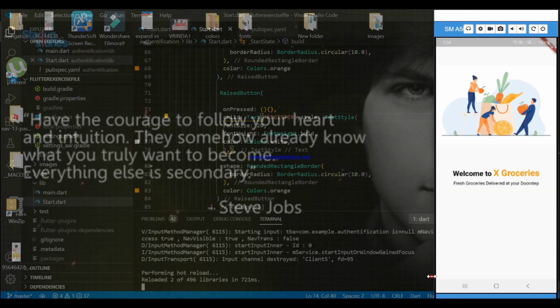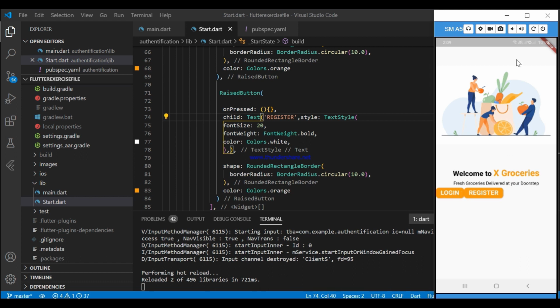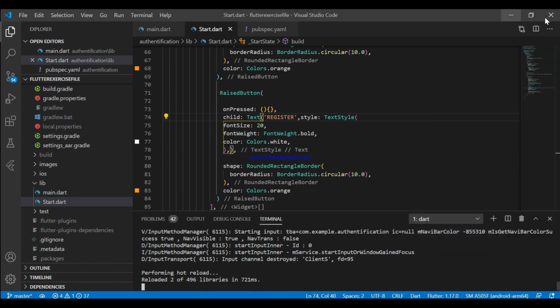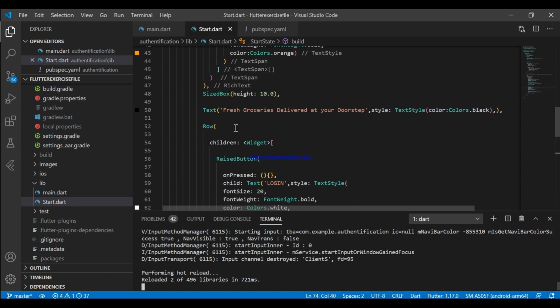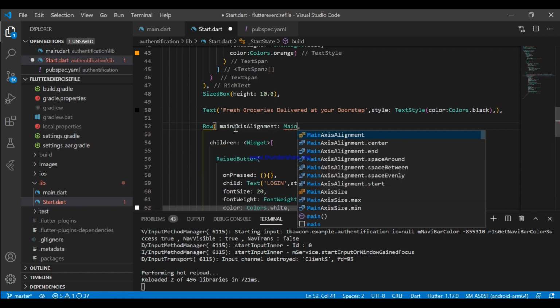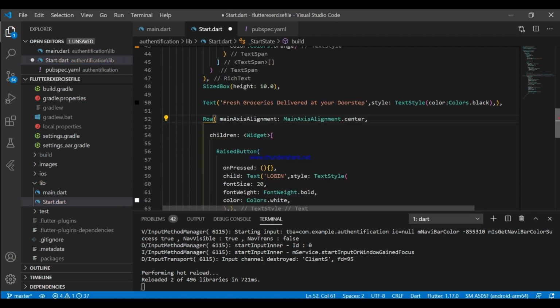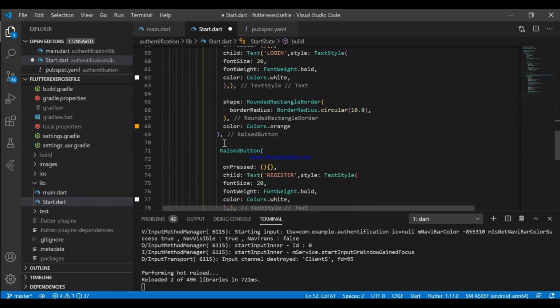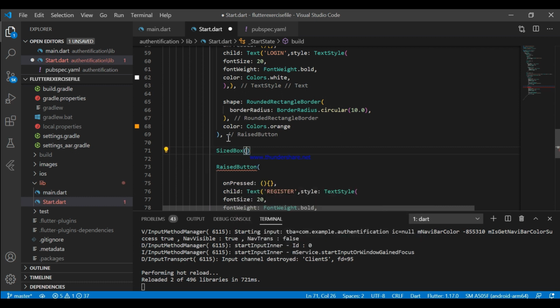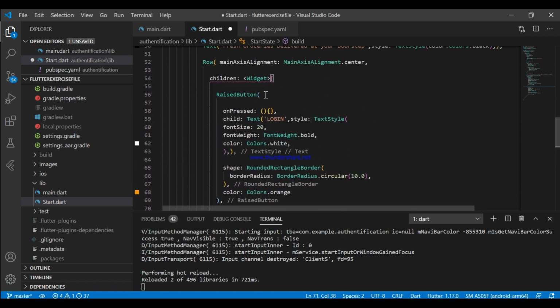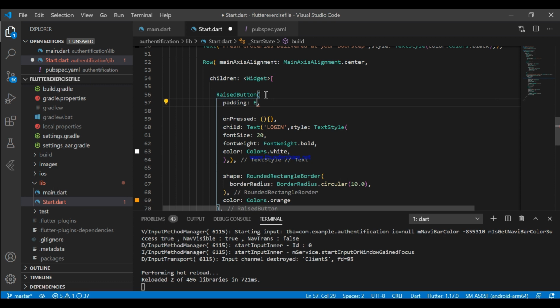Just reload. Yeah, we need spacing between the buttons, and we also need to manage main axis alignment. So MainAxisAlignment.center, and let's provide a size box between raised buttons with a width. Yeah, 20 will be sufficient. Now let's give a padding to the raised buttons, and I want padding from only left and right.